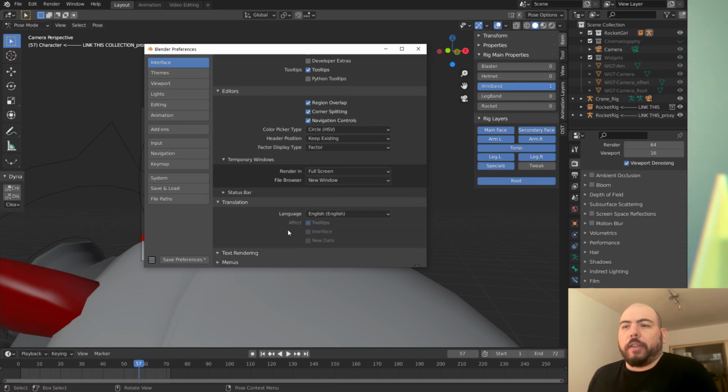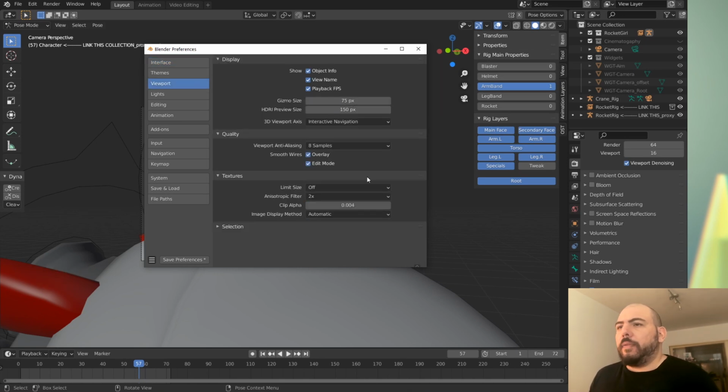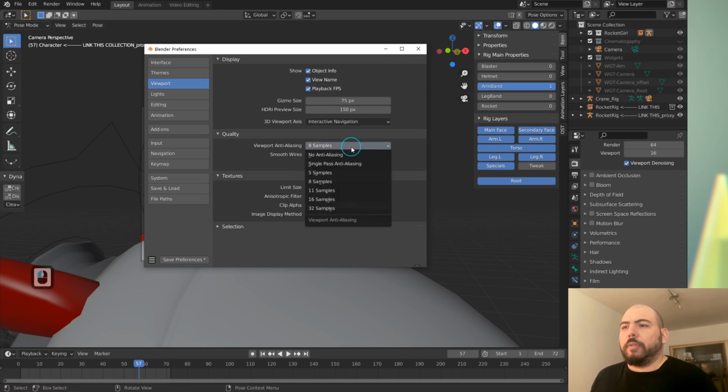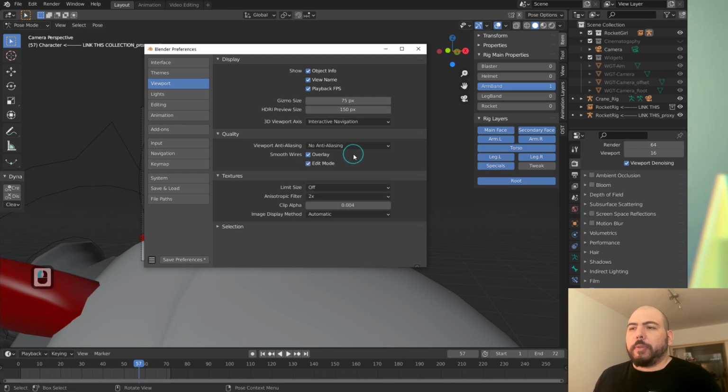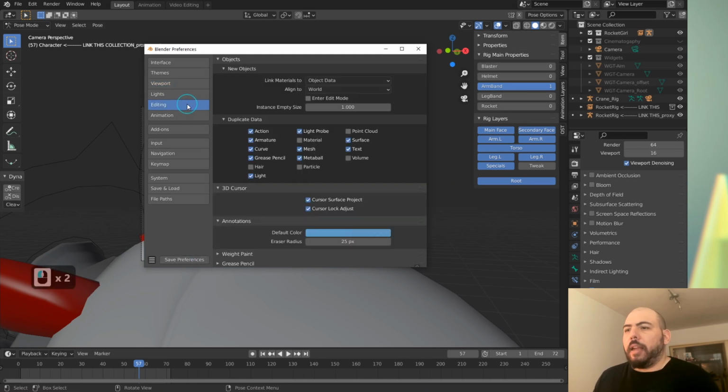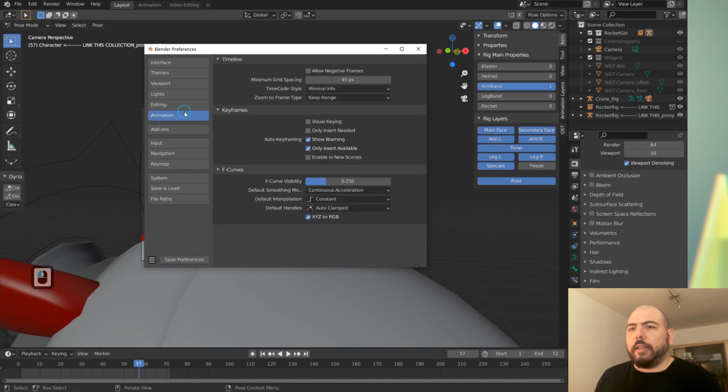One of the things that I like to do is to throw playblasts, and I throw them with Workbench, which is way faster than anything else basically, but it's still taking resources if it's displaying in the viewport. Then under viewport, there's really nothing very important we need to see. You can probably turn down the anti-aliasing, just because that's going to make a little bit of an impact in performance if you have slow rigs. So let's just do that. Then editing should be fine.